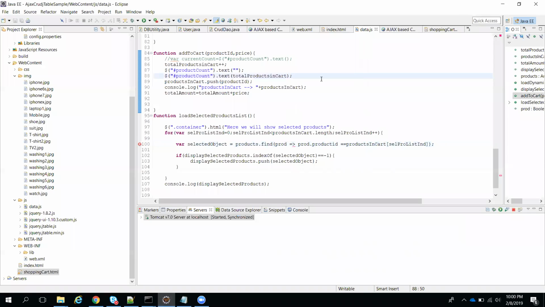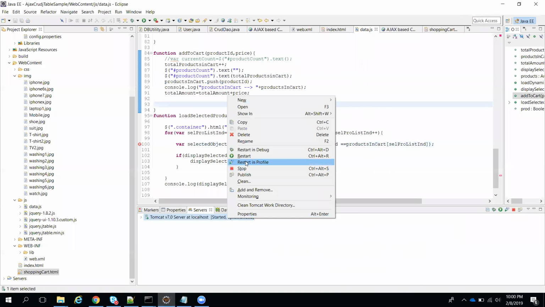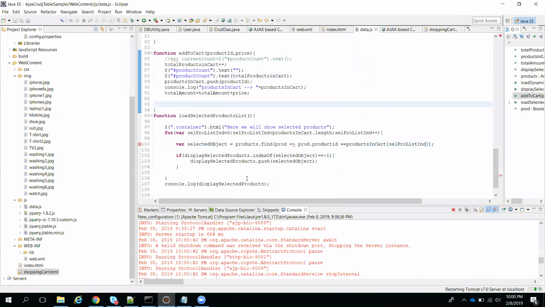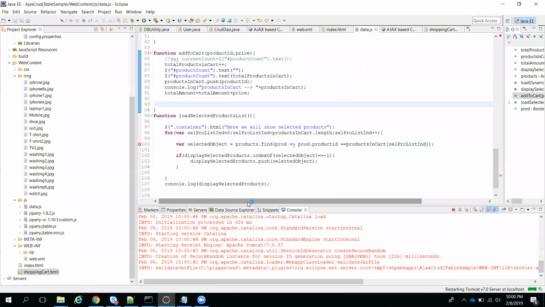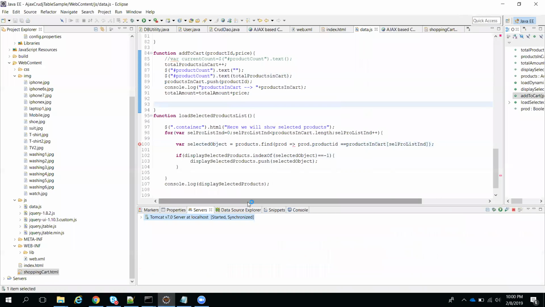Now you saved everything. You saved this, we'll just restart this server. So the server is started. It's fine.